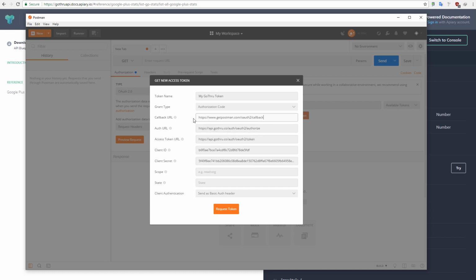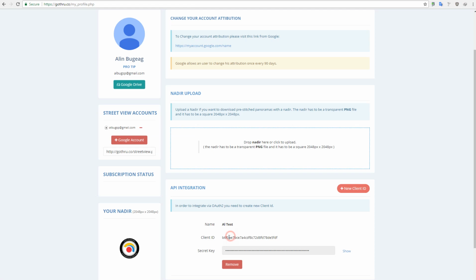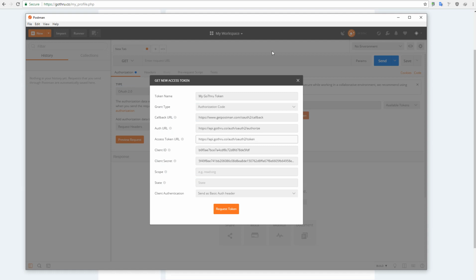So you have the callback URL, you have the authentication URL. This is on the GoThru servers, access token URL, and then you get the client ID and the secret password from within your GoThru account. So if you go in here, you'll want to find the client ID and the secret password. If you don't have one, you just click the create button, and that will create a token and a client ID secret for you. Now let's go back to Postman and just request a token,